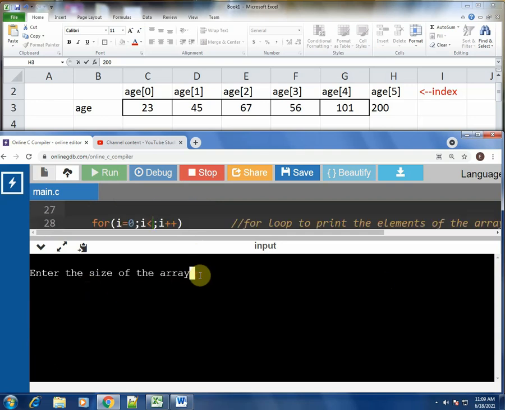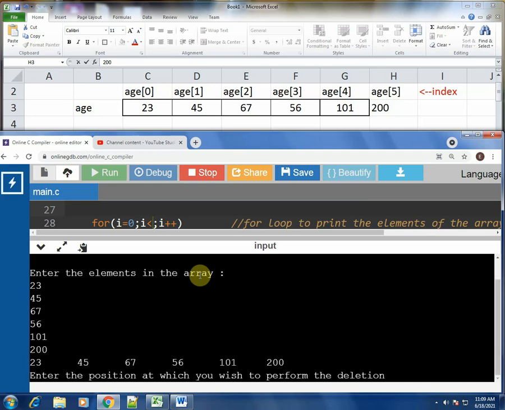Size of the array is 6: 23, 45, 67, 56, 101, 200. Now this time let us delete the first element, which is 23. So 23 is at position 1.